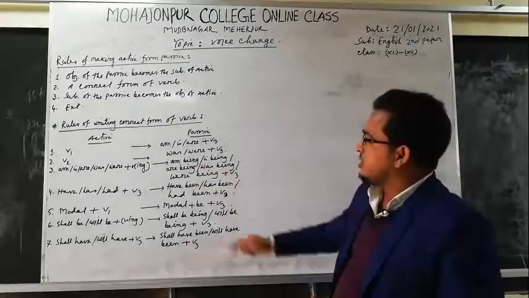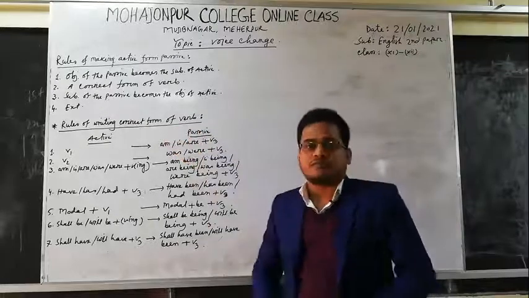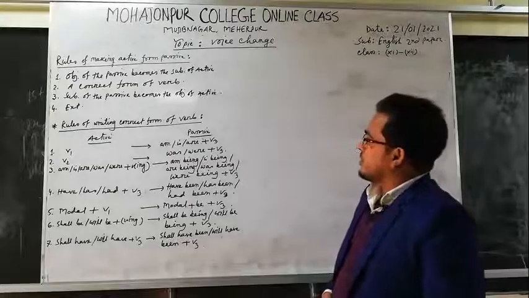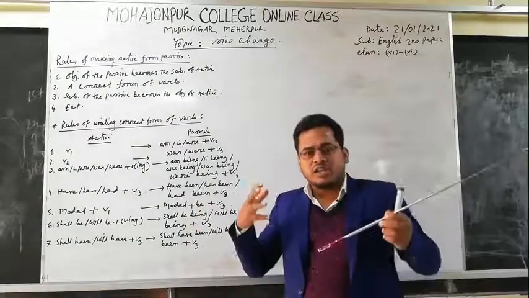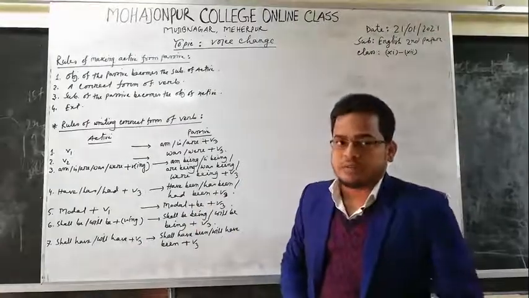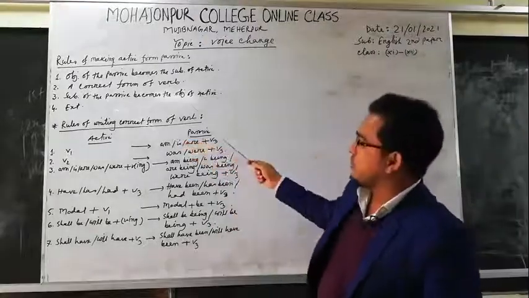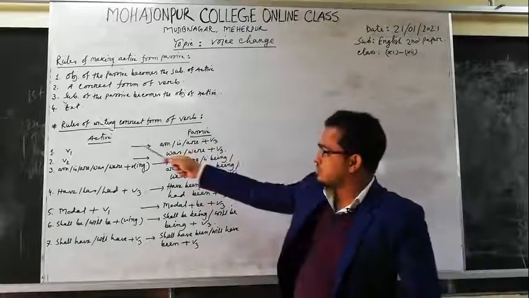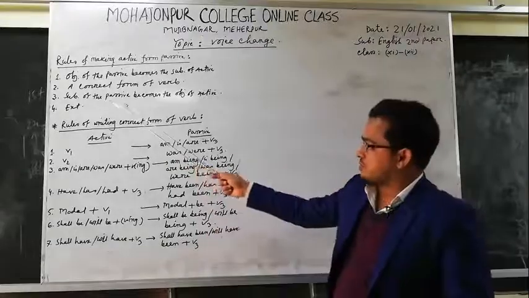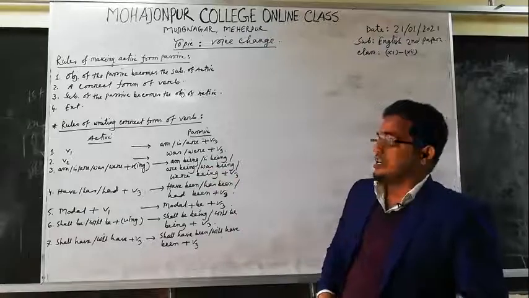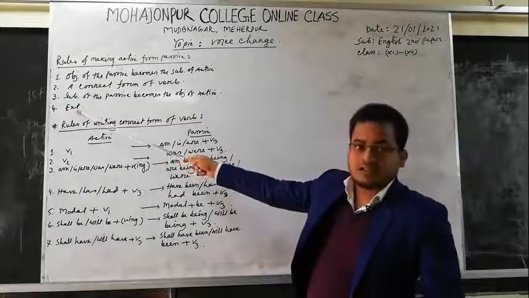And the second one, a correct form of verb. After the first one, you have to put here the correct form of verb, especially by noticing the auxiliary verb of the passive. And then the third step, subject of the passive becomes the object of active. And if there is an extension in the passive, then you have to put that here at number 4.